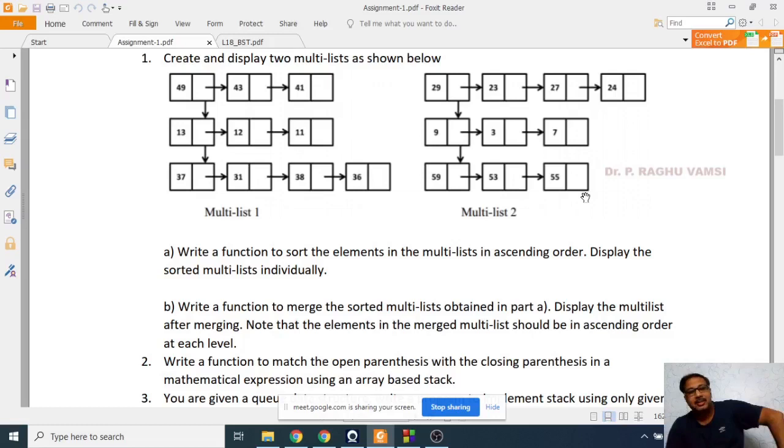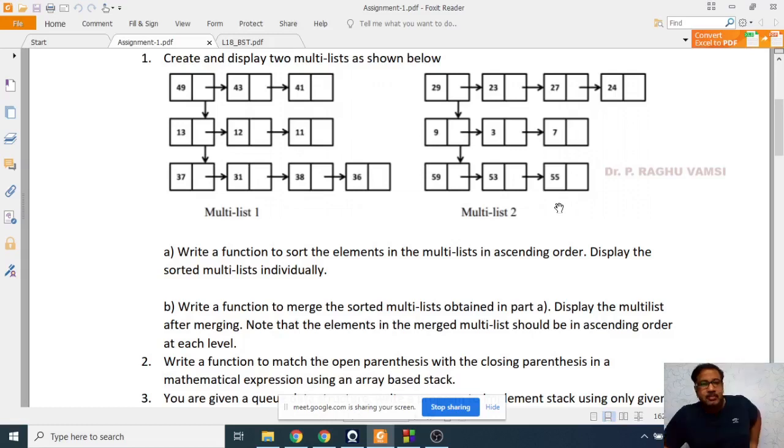So in the merge sort, what you do is first you will compare the first element with the second element. Now just calculate how many nodes are there: 1, 2, 3, up to 20. 20 are there. So the third multi-list you may divide in any way you want.